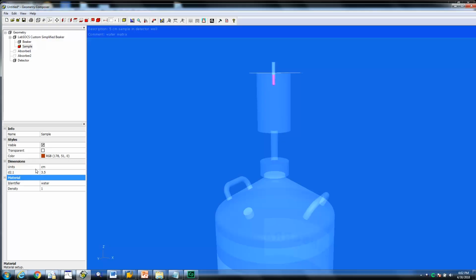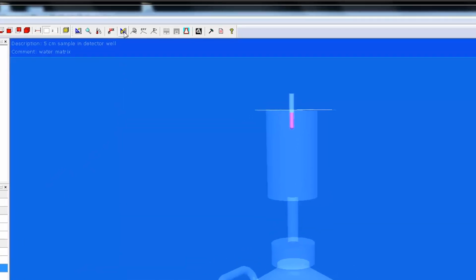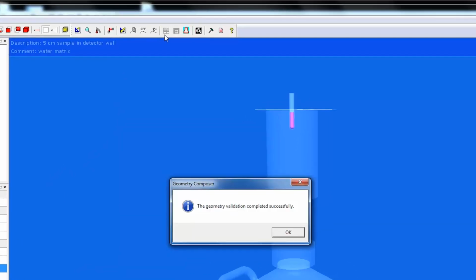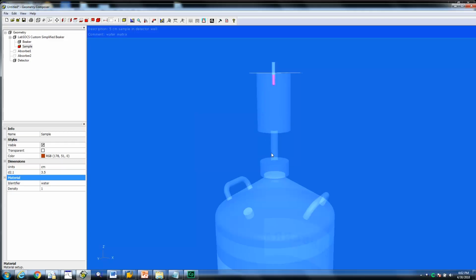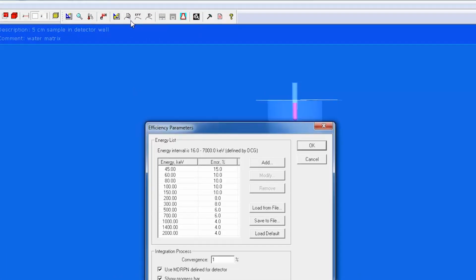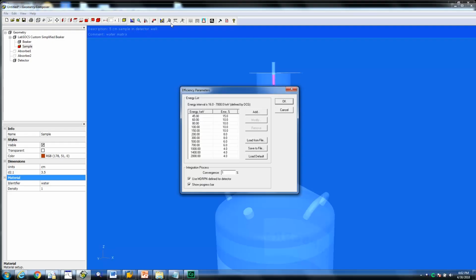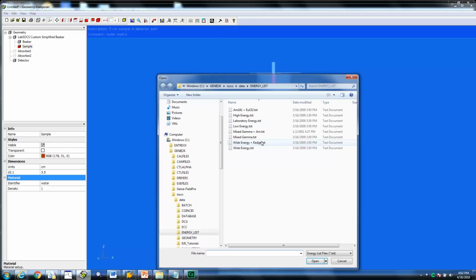To validate that everything entered was successful, click on the Validate Geometry icon. A pop-up will display the text, "The geometry validation completed successfully," if it is successful. To define a range of different energies, click on Edit Efficiency Curve Parameters. Some default values are loaded, but you can also go ahead and select a different list by clicking on Load from File. Select the file of interest and click Open. We have chosen